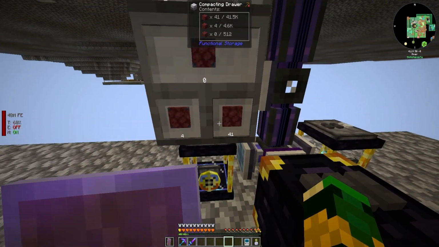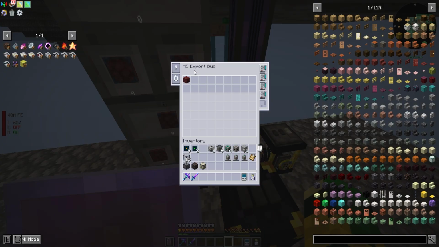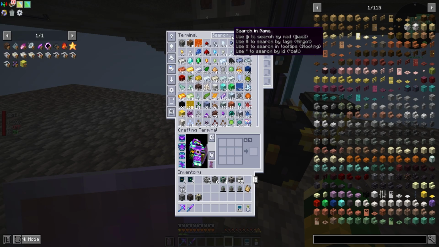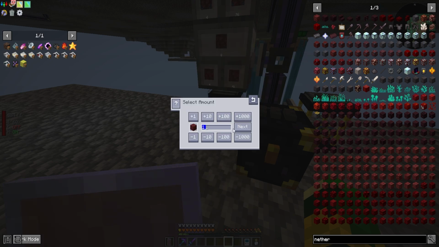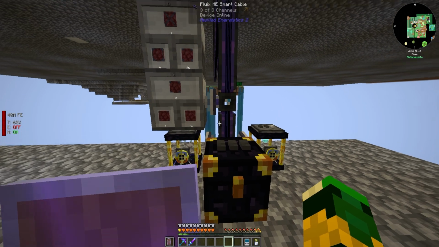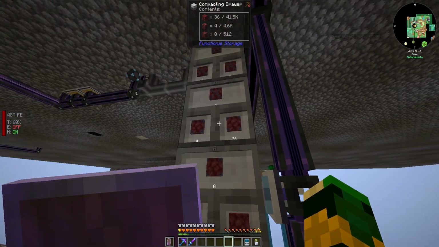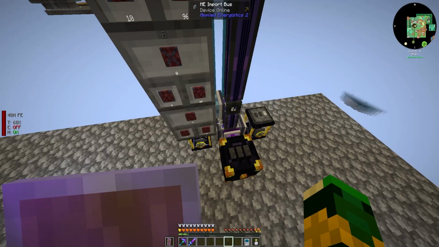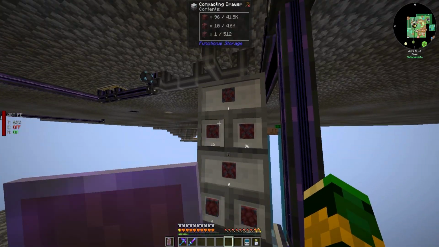And the way I've been doing it is by using an export bus and then going in and creating the crafting recipe in here, say for netherrack, right? And go through there and say, hey, right click, and then tell me to make a whole bunch of netherrack. And it's going to pull it into this compacting drawer, which I've got all nested going all the way up. So when this comes in, it'll do the compacting and pull it all the way up.